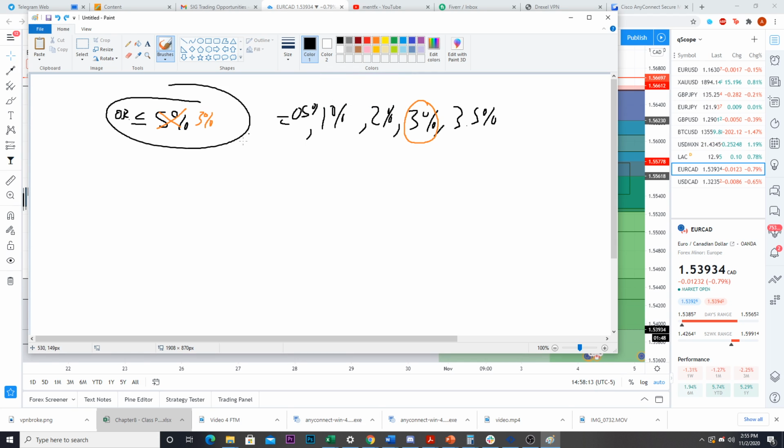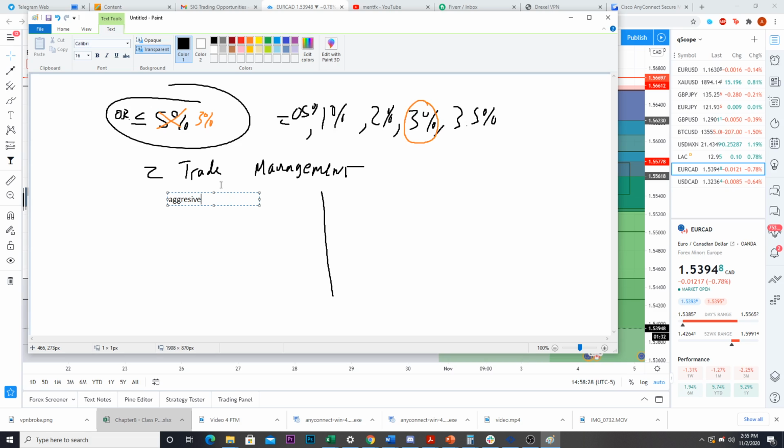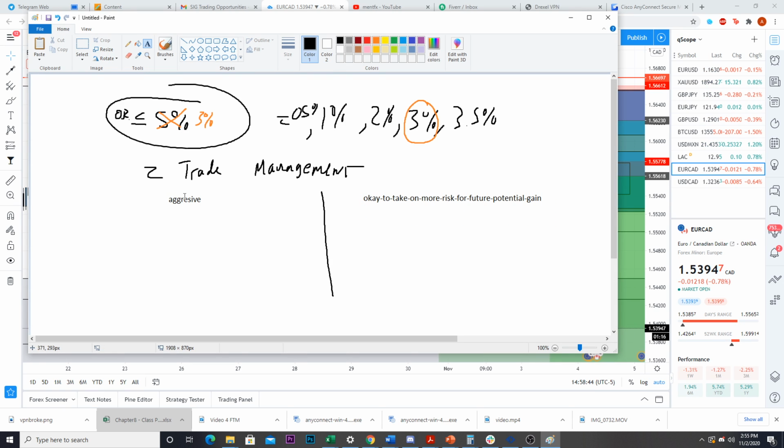Okay, now there are two types of trade management that you can ultimately study and employ. They have multiple variations, but the two main types are an aggressive trade management style, so you have this aggressive nature, or you have this, I don't know how to label it, but being okay to take on more risk for future potential gain. I don't have an exact word for this, but you have your